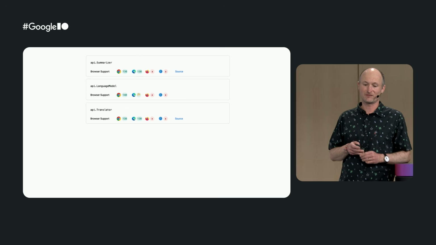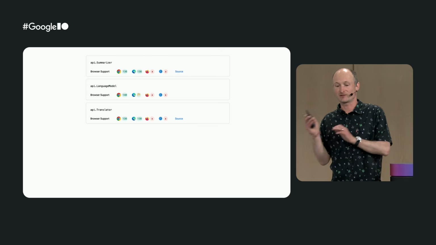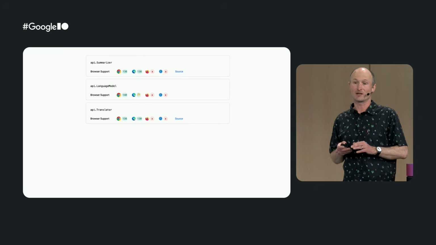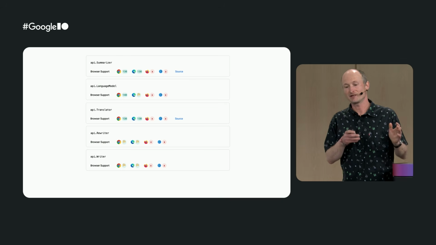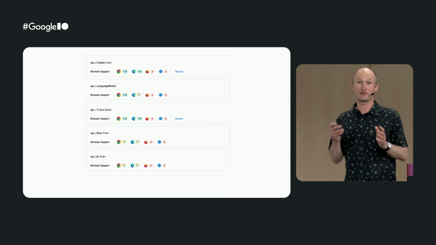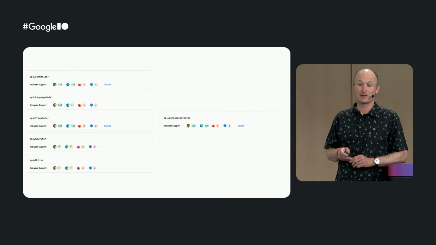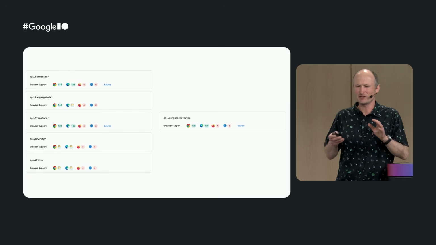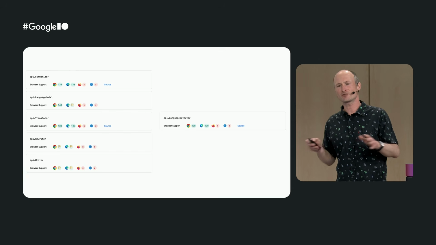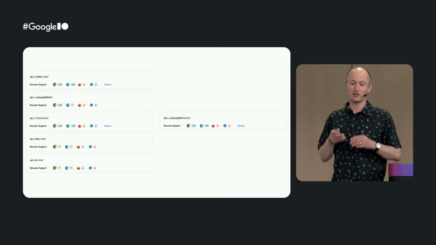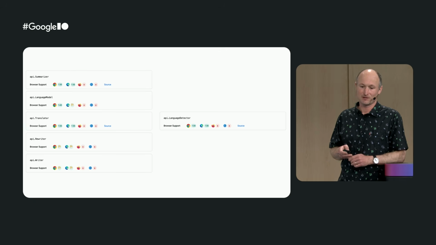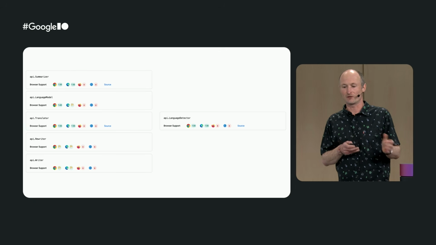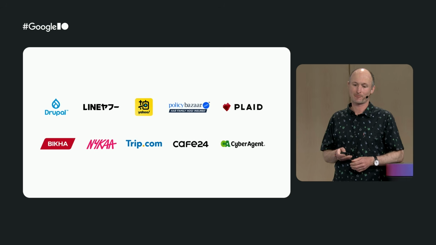So let's recap what we've seen. I showed the Summarizer API, the Prompt API, and the Translator API, all ready to go and shipped in Chrome. And I showed you the Writer and the Rewriter APIs, which we're currently working on. And as a hidden champion that I didn't really mention, but it's silently just doing its job in the background, supporting all the other APIs. It's the Language Detector API, but it's used to detect the input languages for all the APIs that I've demonstrated.